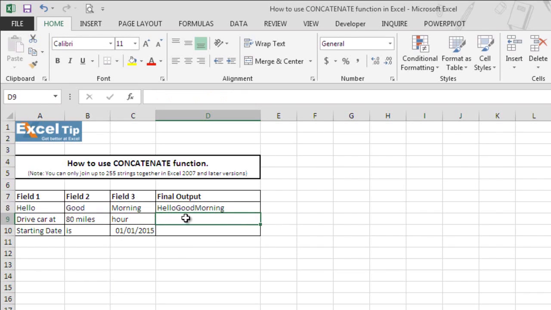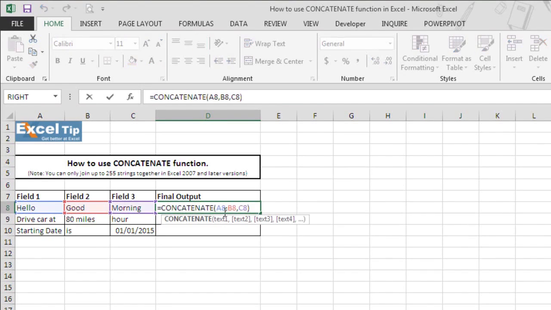It gives us hello good morning, but wait, this does not have any space in between them. It is because CONCATENATE will combine exactly what you tell it to combine. If we want any punctuation, space or any special character or symbol there, we'll need to tell the function to include it. So to add a space, we'll simply go into the edit mode, and then after the first argument, we have to add another argument which is going to be a single space but in between the quotation marks.